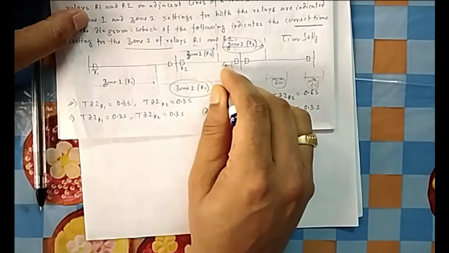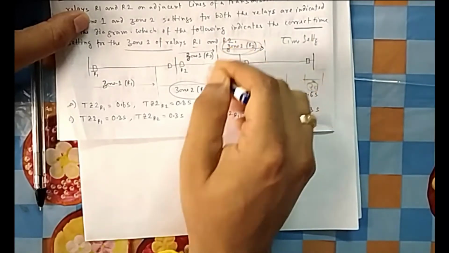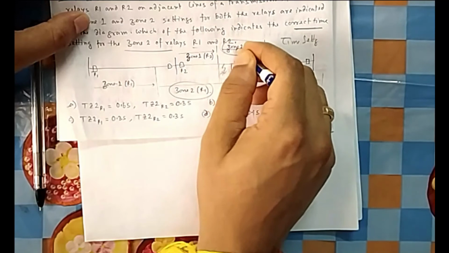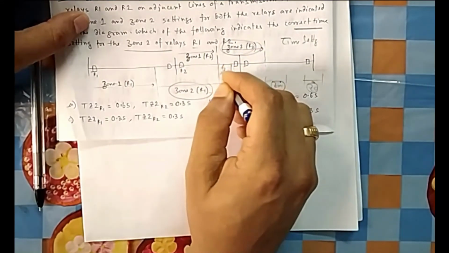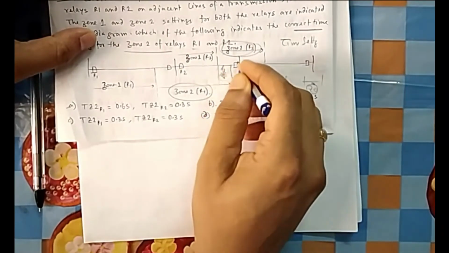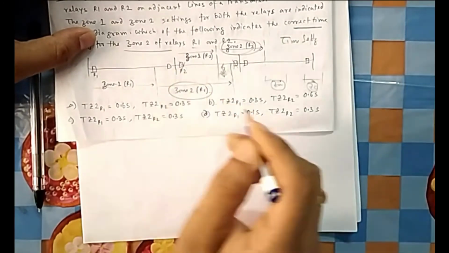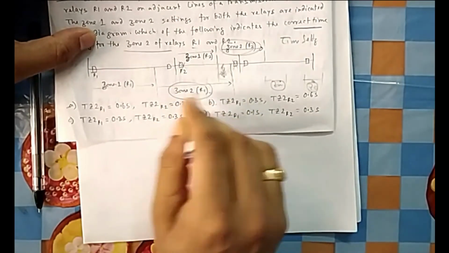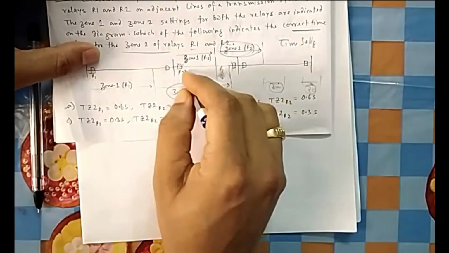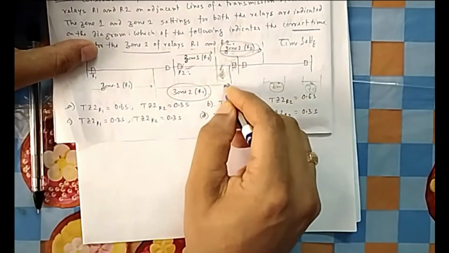Now if you see, if there is a fault here, this is the overlapping between these two. Which one is the overlapping area? This area, because in this area this will also trip, in this area this will also trip. So if there is a fault here, what is your idea? Which should go first? Because the fault is here, this relay should go out first. So R2 should go out first, not this one. This one is for R1 zone 2. If this operates, then R1 will go. So if there is a fault, which one should go first? R2.